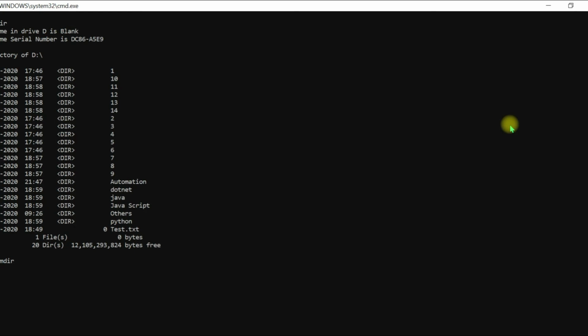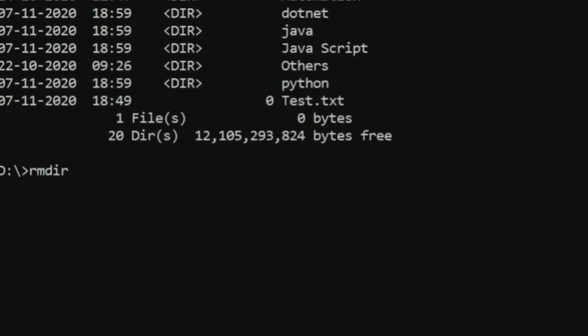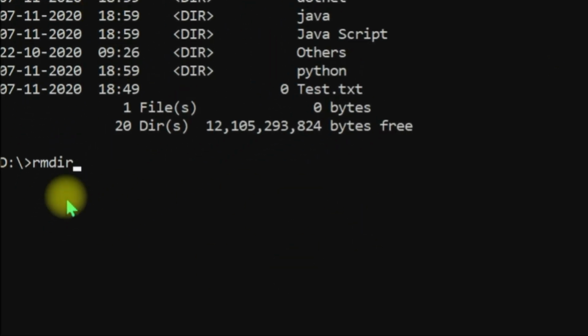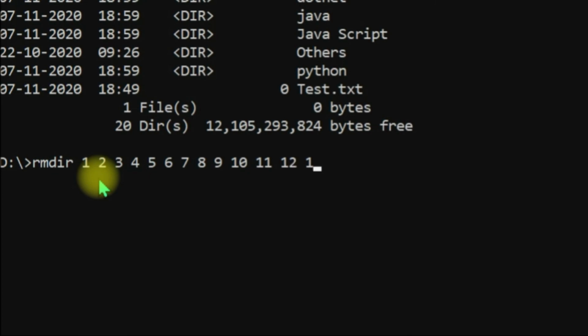Now I want to remove the directories whose names contain numbers. The command we are going to use is rmdir, the short form of remove directory. 1, 2, 3, 4, 5, 6, 7, 8, 9, 10, 11, 13, 14, enter.